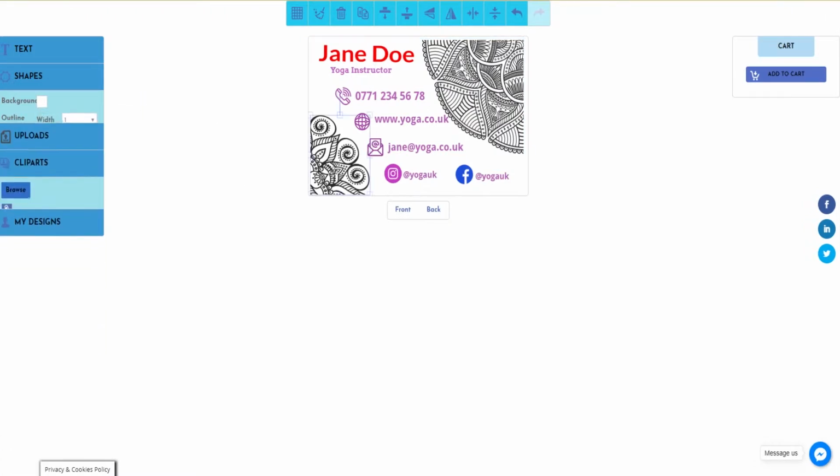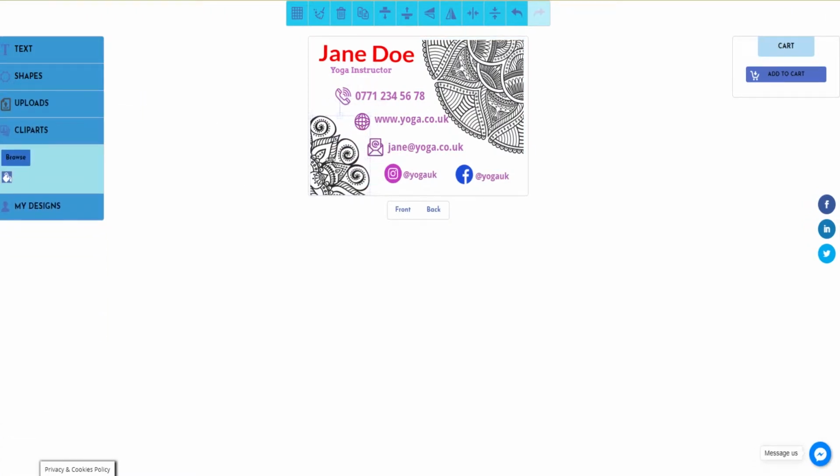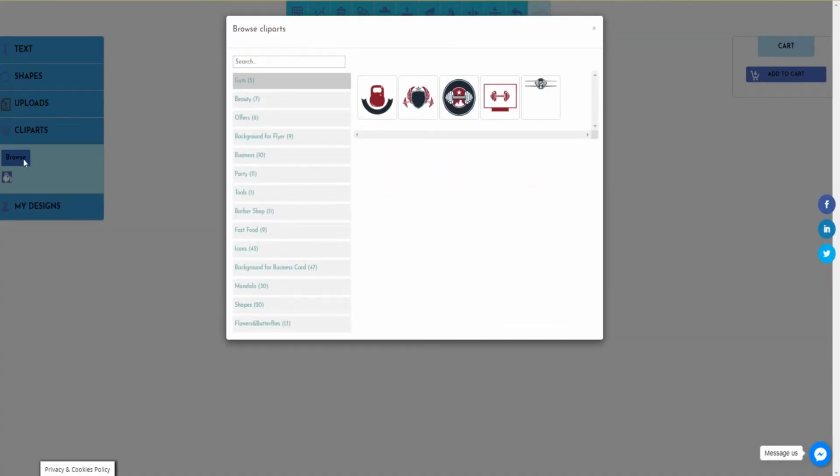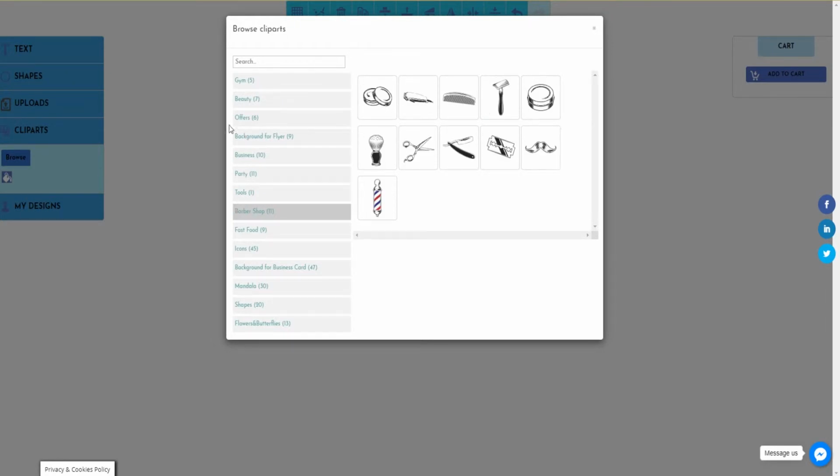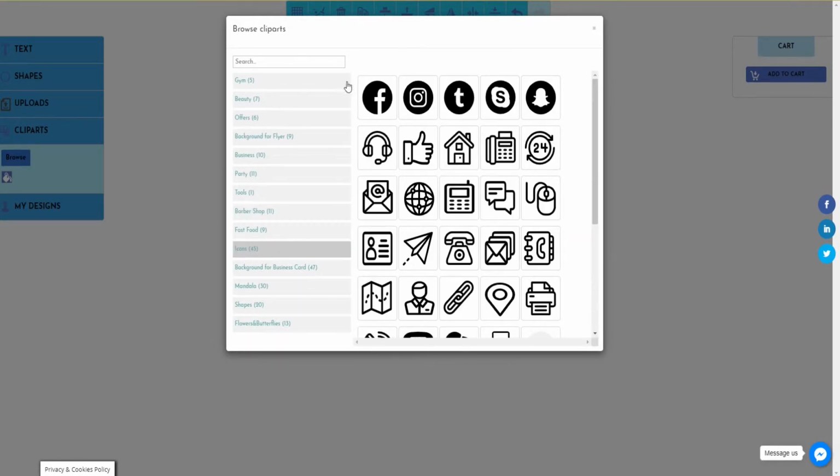Yeah, these shapes, mandala shapes, you can change them as well. Or if you want, you can browse the clip arts here. And this is our collection of clip arts. We've got different categories. Gym, beauty, many different, depends what business you are. Barbershop, you can just add the icons, Facebook,